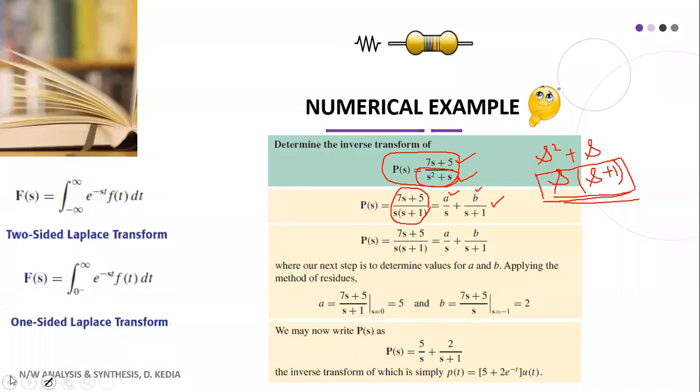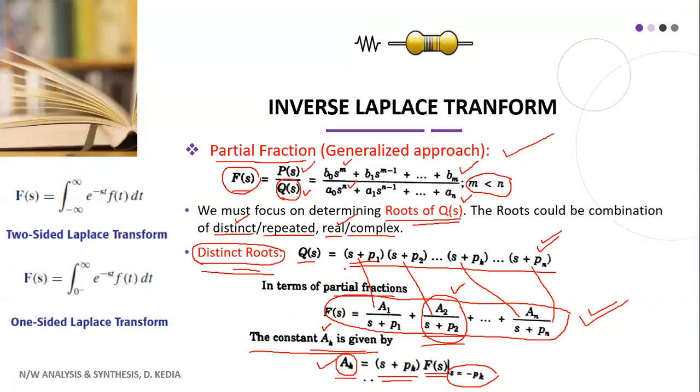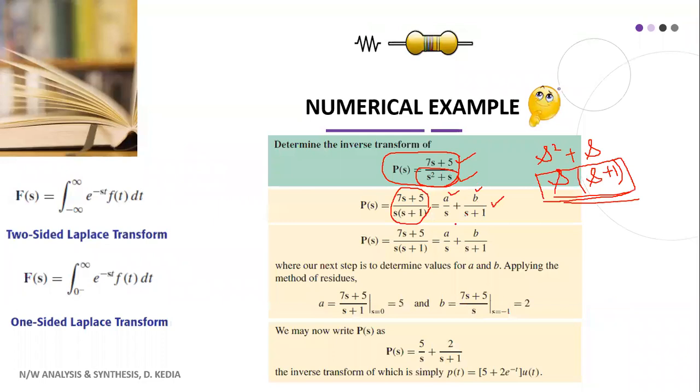See, I'll show you the previous slide again. See, these were the roots: (s + p1), (s + p2), and so on, written as a multiplication. And then what we have done is split our expression in the form of those roots only: A1 divided by (s + p1) plus A2 divided by the second root, then An divided by (s + pn). So here also we have done this thing. We have two roots, s into (s + 1). We have written it as A by s plus B by (s + 1). Simply, without looking at anything, we split that in its roots with some constants in the numerator.